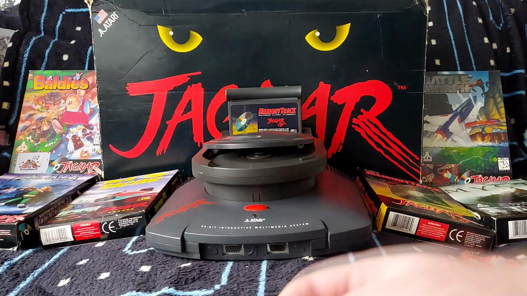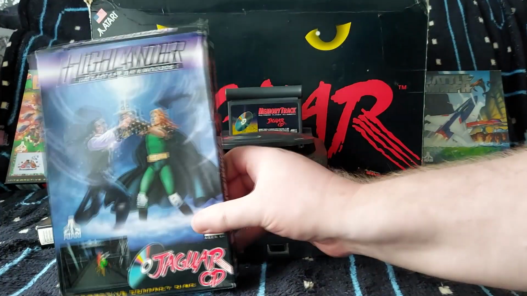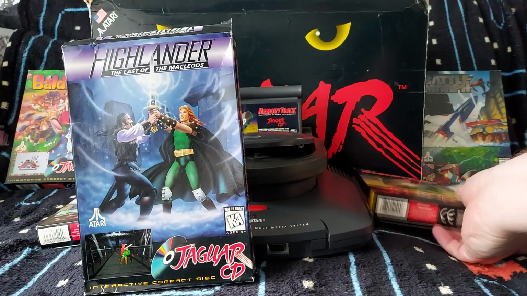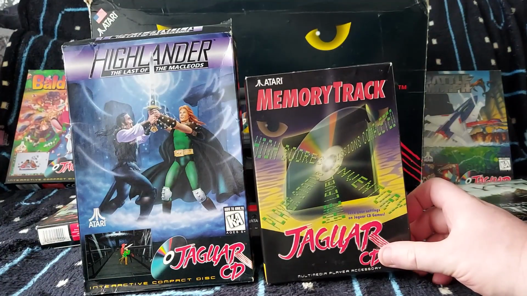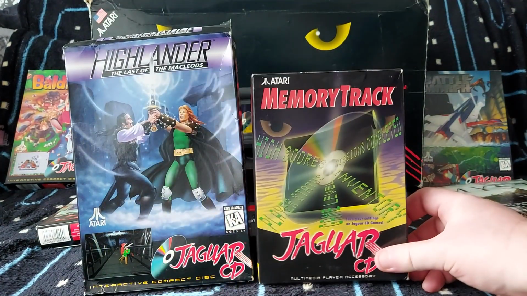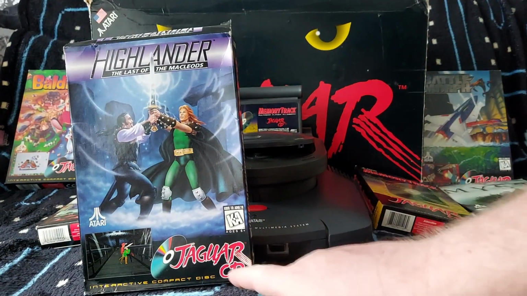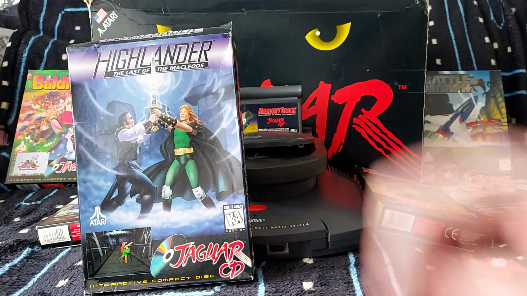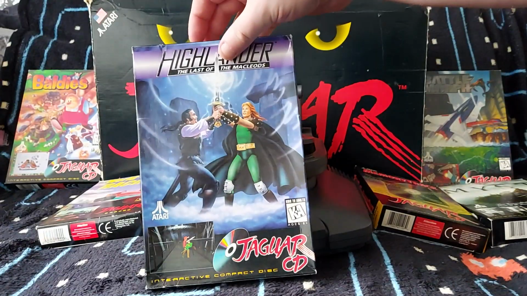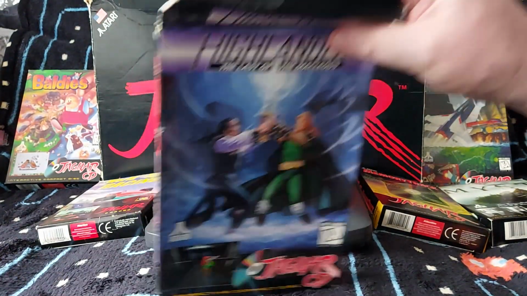So the games came in bigger boxes, and to illustrate that, I can show you a bit here. There's obviously a Highlander box, and the memory track is in a standard size Jaguar box. So you can see quite a bit bigger, taller, and wider. As well as coming in these taller boxes, the design is quite similar, but with a Jaguar CD logo instead of a Jaguar logo. The back has similar designs to Jaguar boxes. Great artwork on that one. Atari games always had great artwork. But then inside,